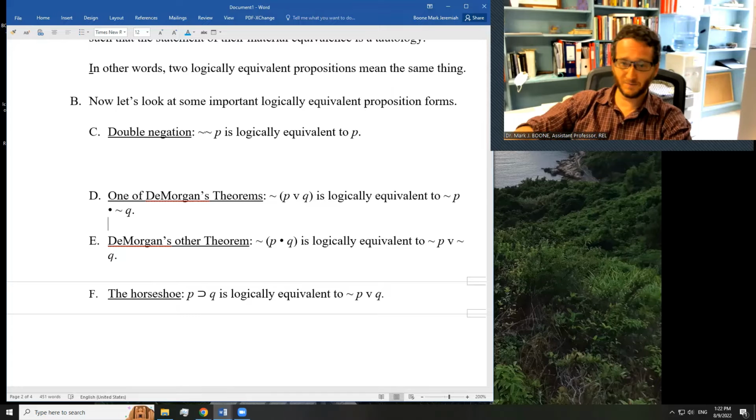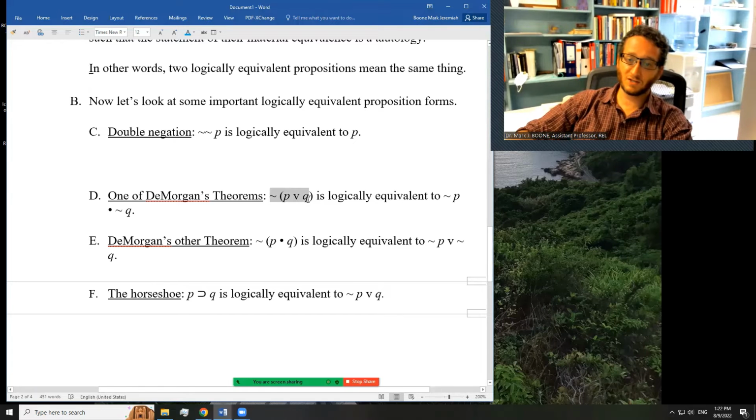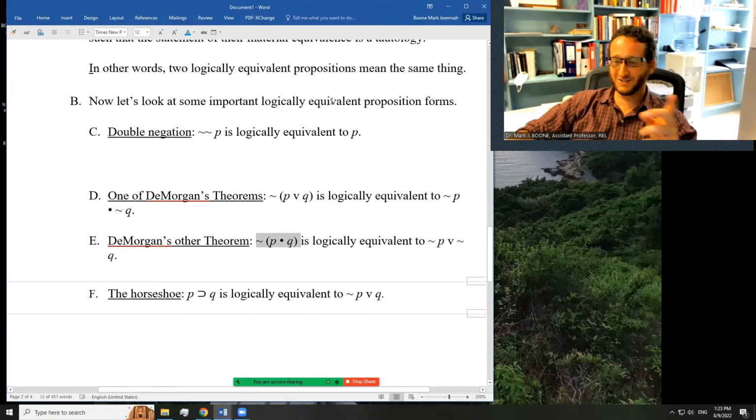De Morgan's theorems are that the negation of a disjunction is equivalent to the affirmation of the conjunction of the negation of both disjuncts. Or the negation of a conjunction is logically equivalent to the conjunction of the negation of both conjuncts. I think I said that properly, but who knows? What that means is